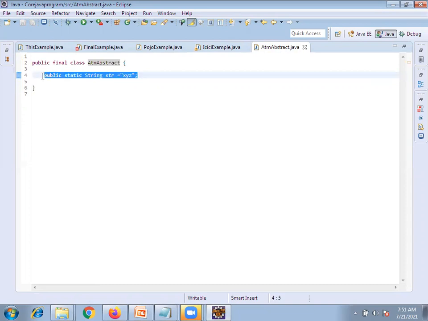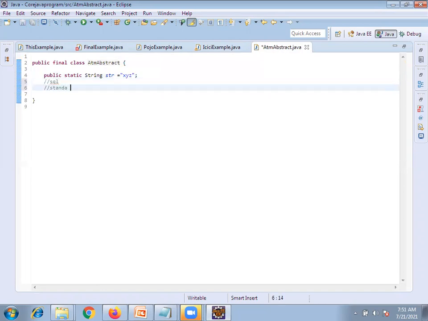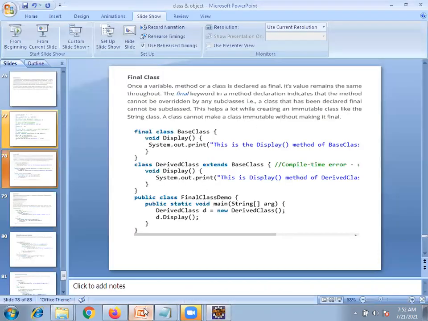We use final classes for defining static queries like SQL queries and standard strings. For example, you want to display a dashboard name, ICICI dashboard, which is always a static value, right? Yes. So for defining constant values and SQL queries, everything that would be the same across the application, we use final. Clear? Okay.